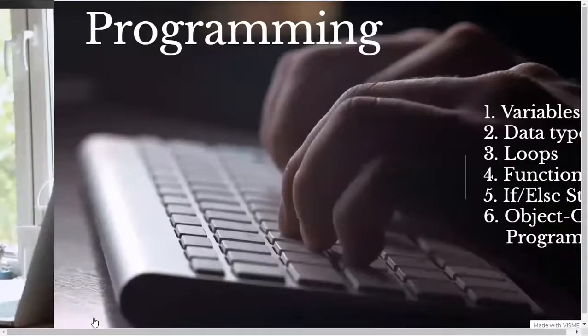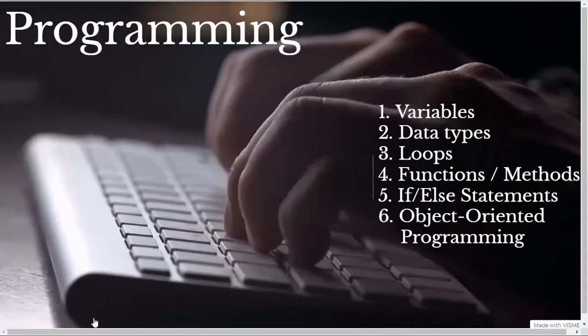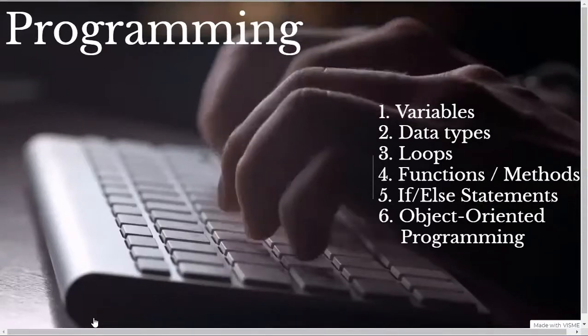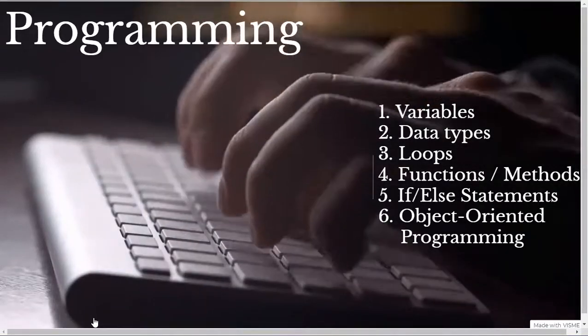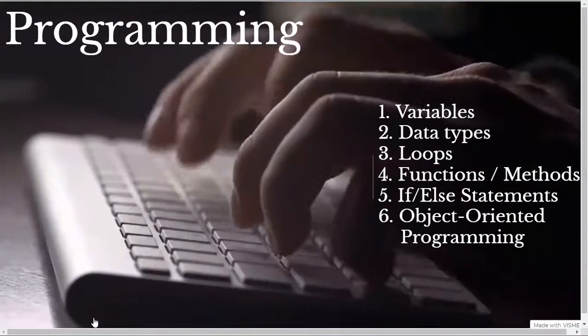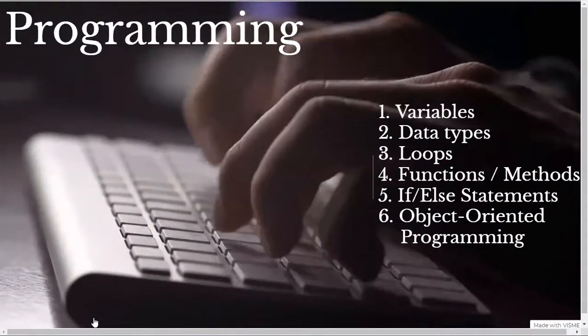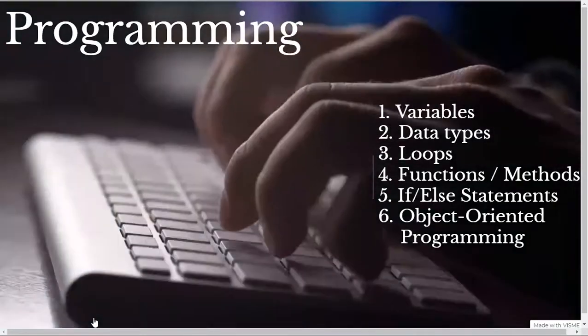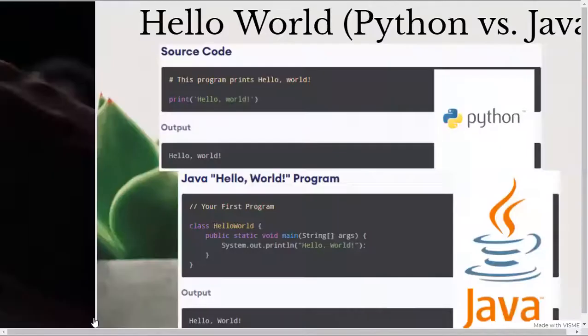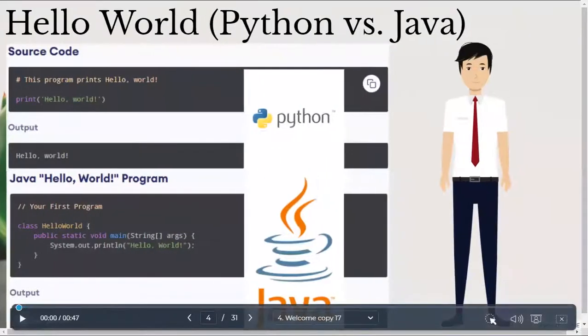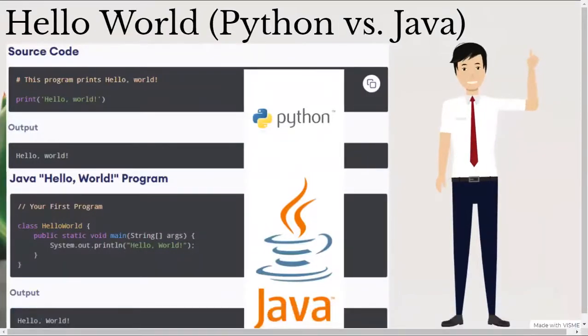to learn data science. The first step is to learn computer programming. In terms of programming concepts, I would suggest learning these concepts: variables, data types, loops, functions/methods, if else statements, and object oriented programming. For data science, Python and R are great programming languages to use. I would recommend learning Python to start since it has easy to read syntax and great built in data science